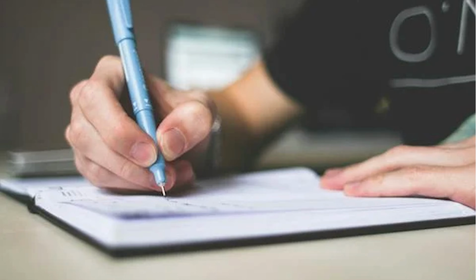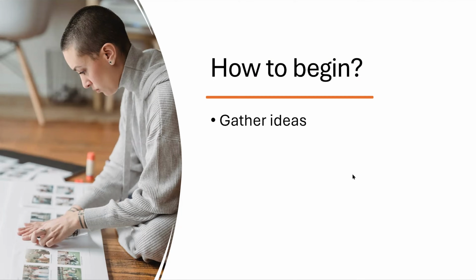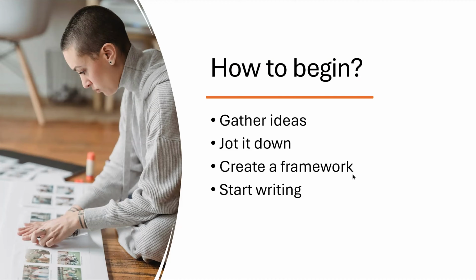So how do I begin writing the essay? First, spend the first few seconds to organize your thoughts and jot them down on paper. Write down the facts and examples you can use to support your reasoning. Once you have key points ready, you can begin writing the essay. And the final thing, you have to keep editing.